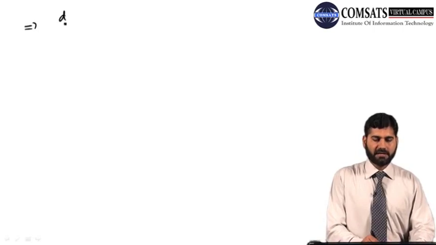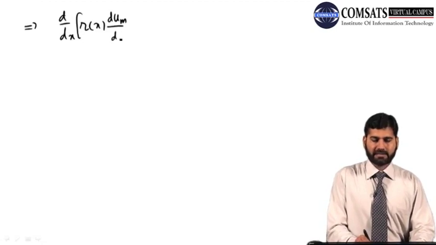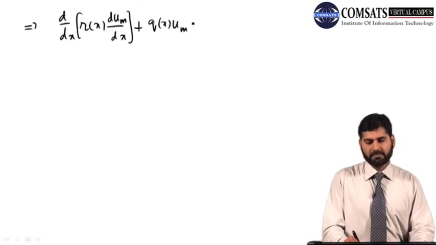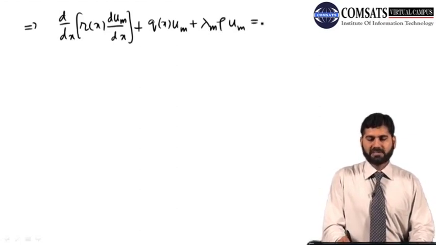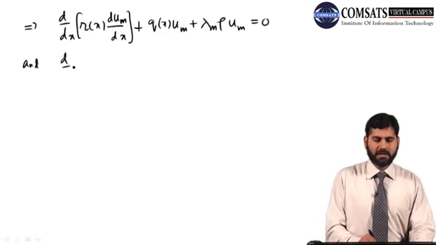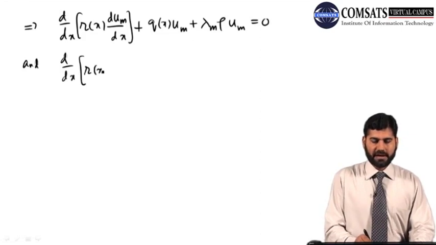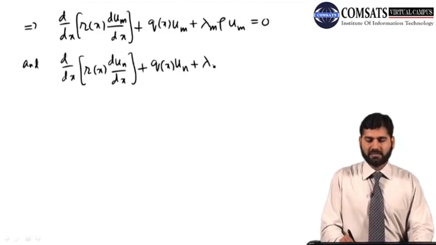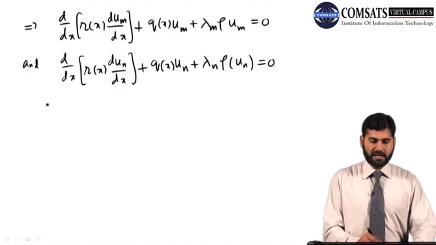So this implies that d by dx of R(x) dum by dx plus Q(x) um plus lambda m rho um is equal to 0. All right. And d by dx of R(x) dun by dx plus Q(x) un plus lambda n rho un is equal to 0. Right. Subject to,